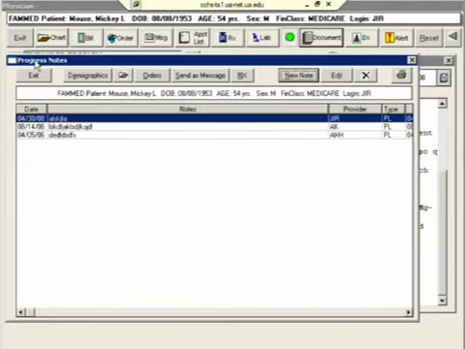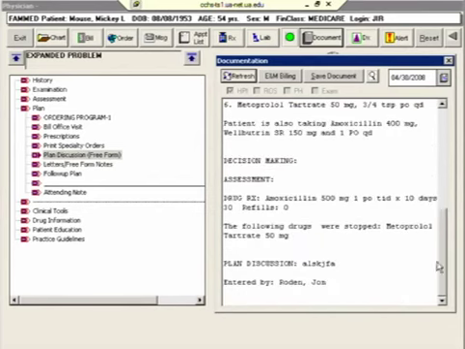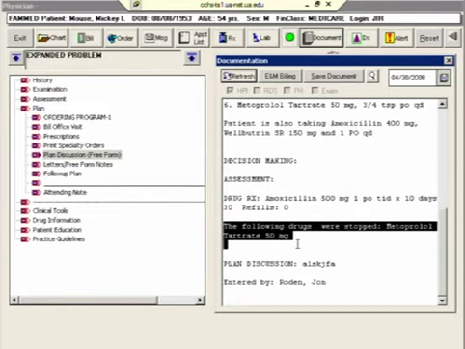I'll just enter a dummy plan, refresh the document. Now you can see that once a plan is entered, it starts to generate the part of the note that includes the plan, and it's noticing that you stopped the metoprolol, and so to include that in the note, which